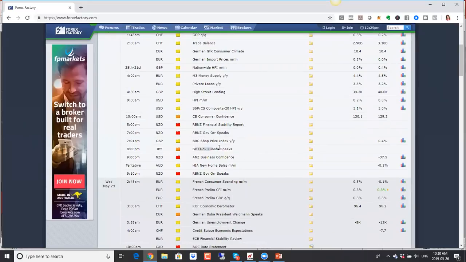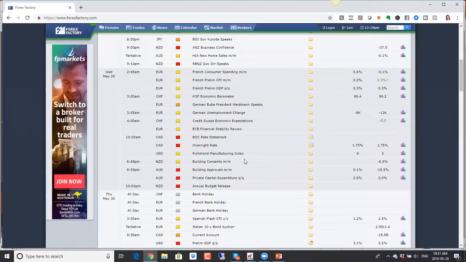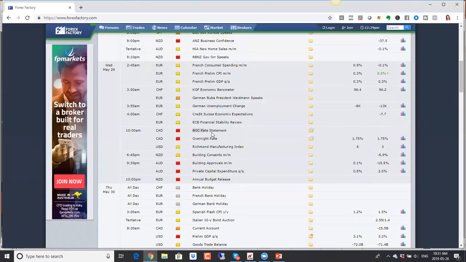Then we have Bank of Japan. We also have business confidence numbers out of New Zealand. And we have our Reserve Bank of New Zealand Governor Orr speaking again. So central bankers here, watch out for these currencies, especially the New Zealand dollar here. This one could drop. Wednesday, we have Bank of Canada, so another central bank here, not expecting an interest rate